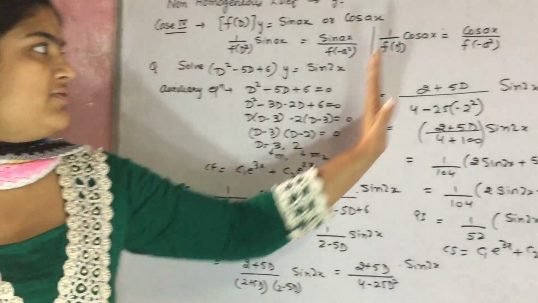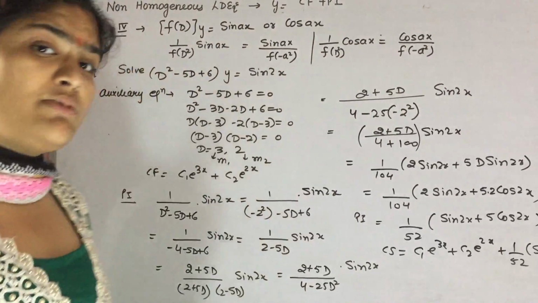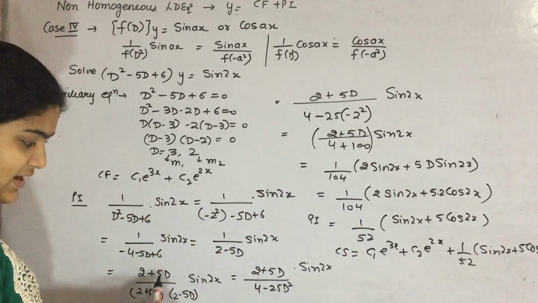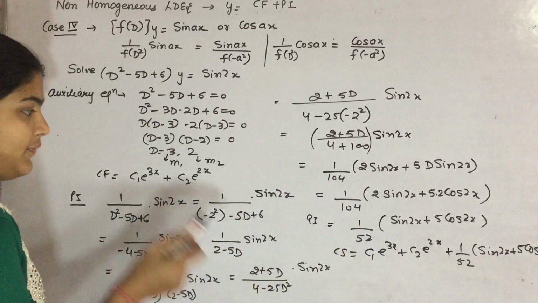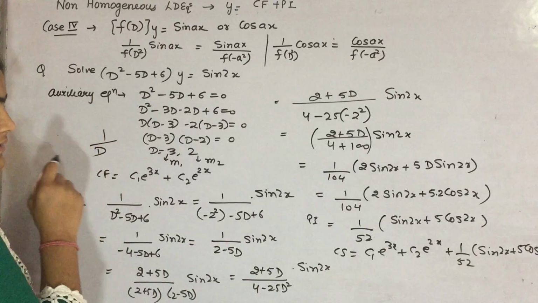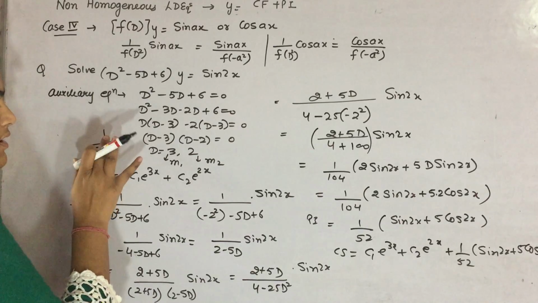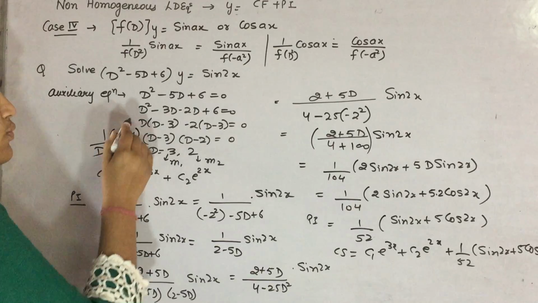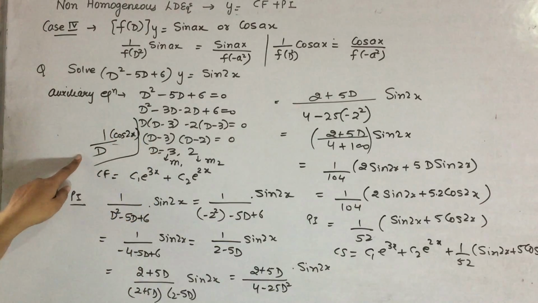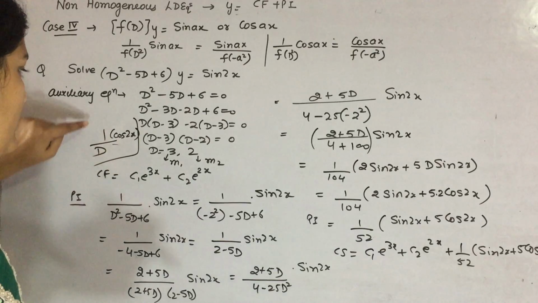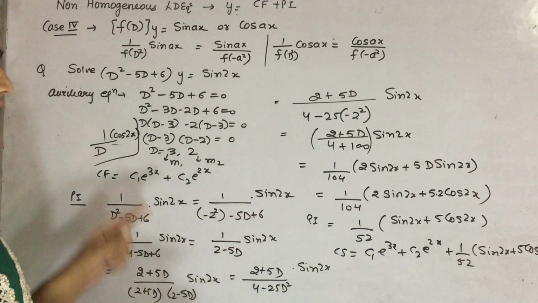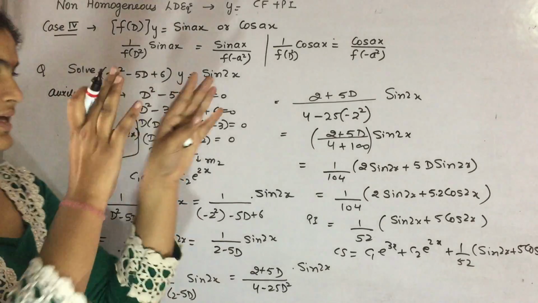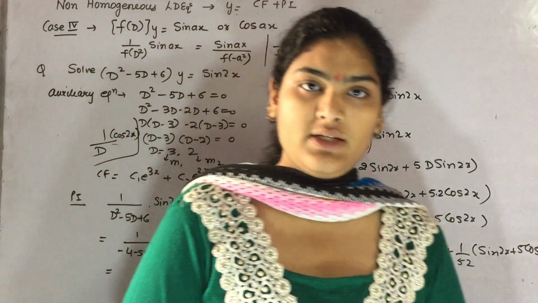Just like this, you have to take the form of cos ax. Sometimes you will notice that instead of having D in the numerator, it will be in the denominator, like 1 by D of cos 2x. As you very well know, 1 by D, the inverse of the differentiation operator, is integration. That means you have to integrate cos 2x with respect to x. Okay, so in this way we can solve the non-homogeneous differential equation.